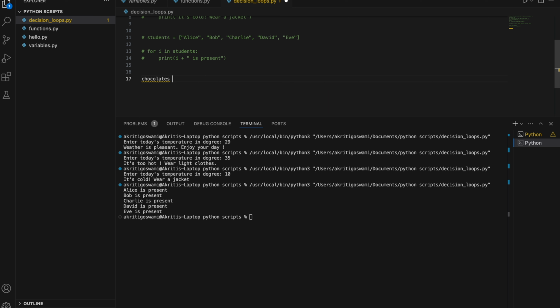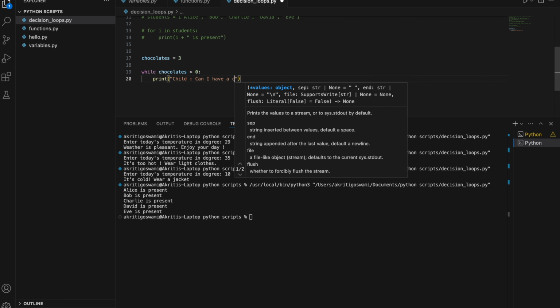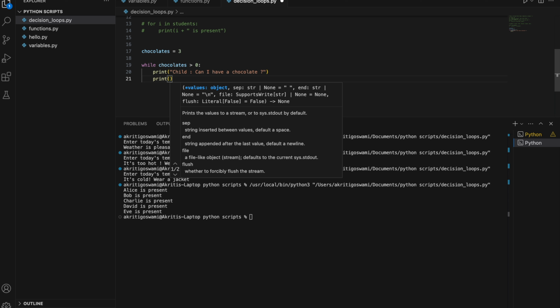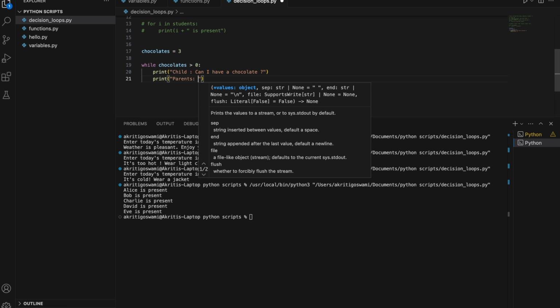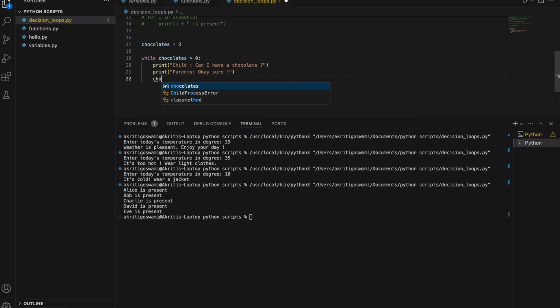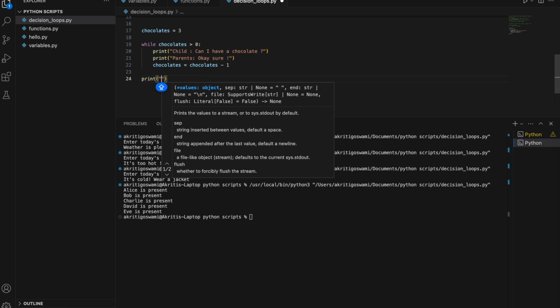Now, while loop is used for repeating actions until a condition is met. Imagine a child asking for chocolates and the parents keep giving chocolates until they run out. So to use while loop, write while followed by a condition and then body of the while loop. So this while loop will get executed till the condition is true, that is till chocolate's value is greater than